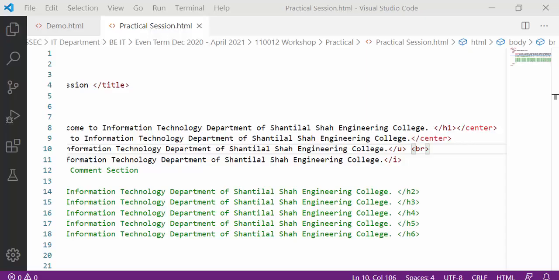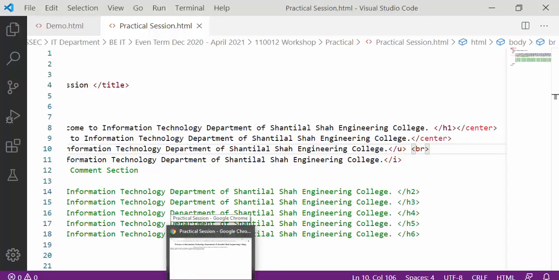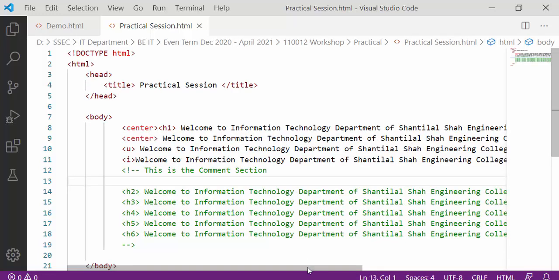The br tag works the same as slash n in the C programming language. In any printf statement you use slash n for displaying the line from the next row. Here the br tag is working the same. These are all the basic tags that we have introduced up till now. Another one is the paragraph tag. Let me show you.